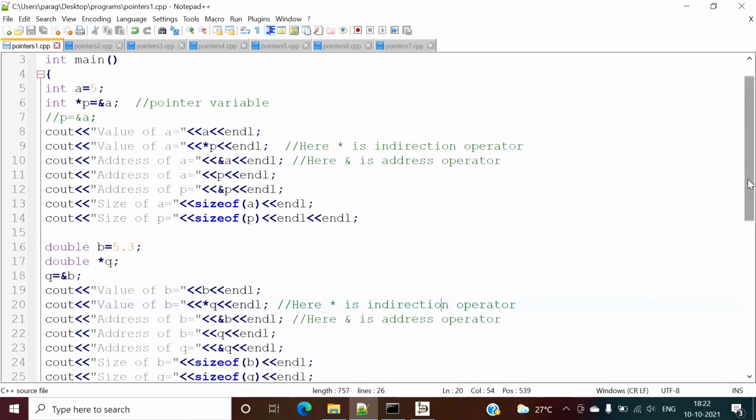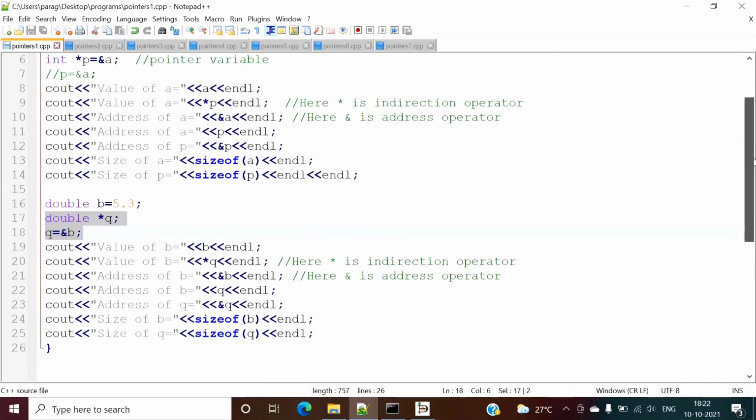Pointers we can initialize also. So in this example we have seen, here we have defined the pointer and we have initialized it. Here we have initialized it by the address of a. So here we have declared a pointer variable, and in the next line, some different line, we are initializing it. So q is initialized with the address of b, and here in one line only we have declared p is a pointer variable and initialized it with the address of a, and here we have written two separate lines. Then we have to remember only two things.